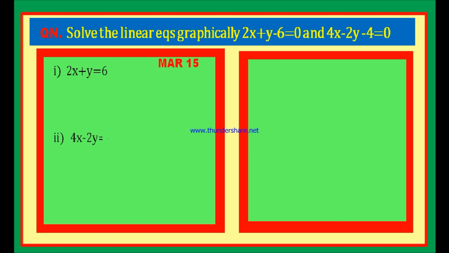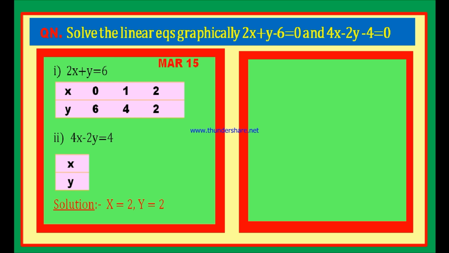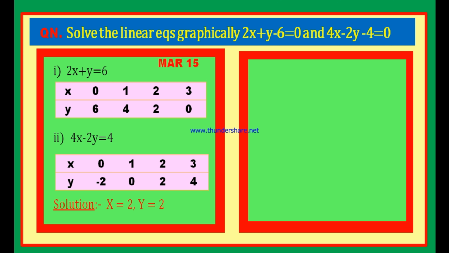In order to solve this, I have to draw the table for the first equation as well as for the second equation. These two equations are linear equations in two variables. The general form of a linear equation in two variables is ax plus by plus c is equal to 0. Every linear equation in two variables always represents a straight line. Therefore, we have to draw two straight lines representing these two equations,